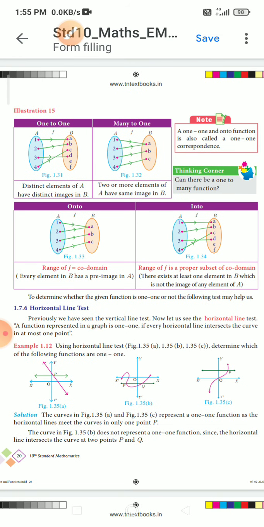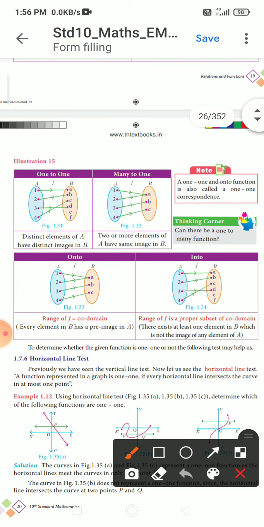One-to-one means distinct elements of A have distinct images in B. See, these are all the distinct elements in A, and these are all the distinct elements in B. Element 1 of A has image a, then 2 has image b, 3 has d, 4 has c. So all the images are different.